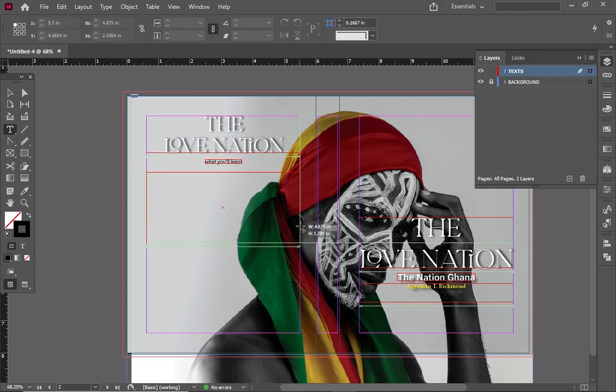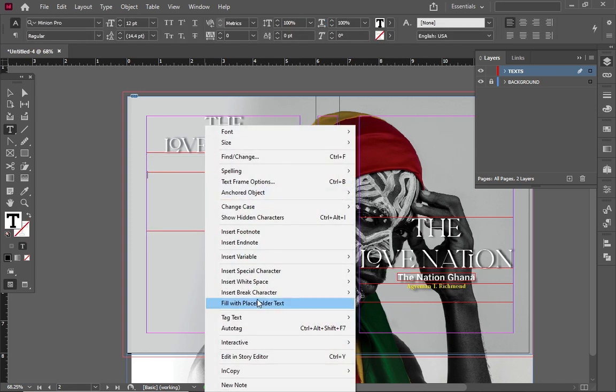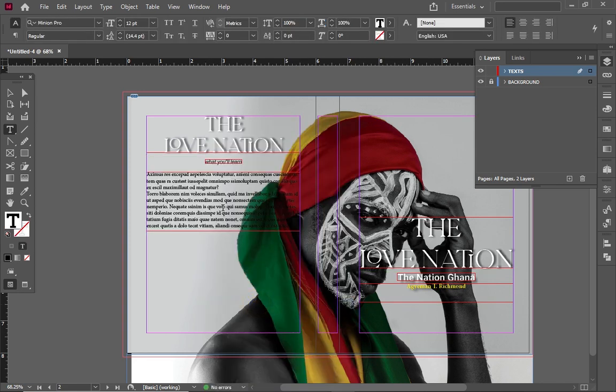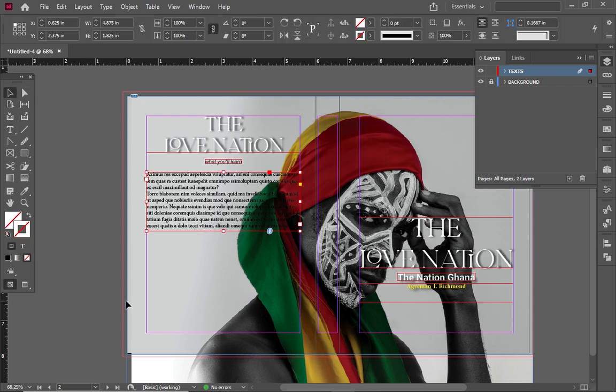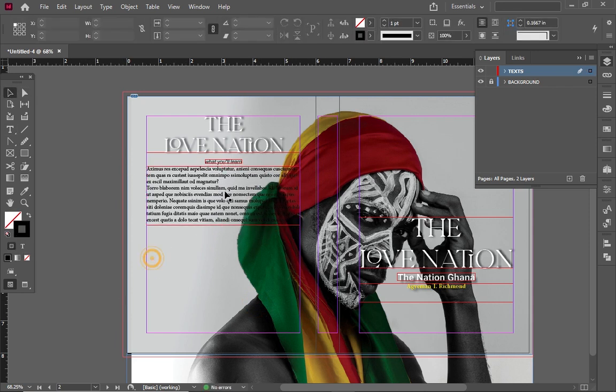Okay, so this is what you will learn. Now, fill with placeholder text. You don't have to work on this now, and you can work on it in your own time. Okay, you can, as usual,